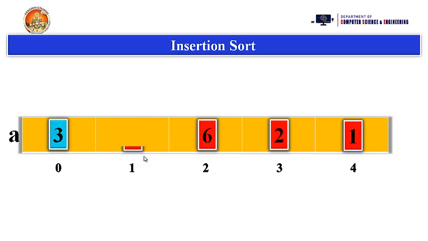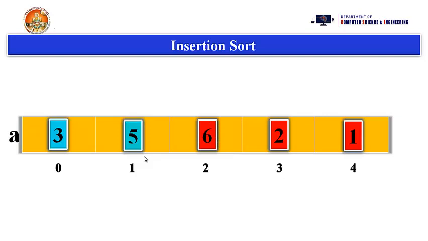Now we go to the next element, comparing the first index position with the second index position, that is the 5 and 6 values here. What is the relationship between these two? 5 is less than 6, which means there is no need to swap the elements. So let's go to the next position.